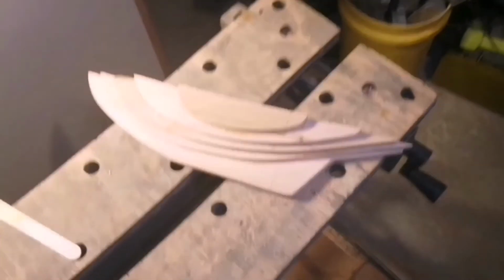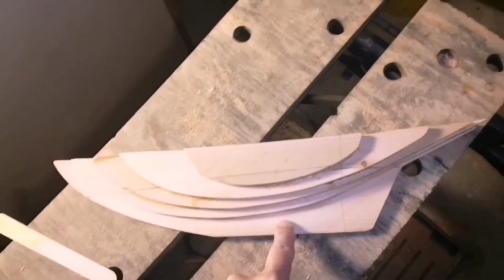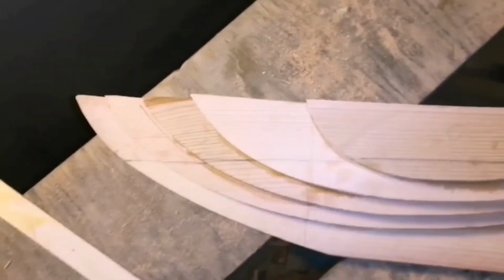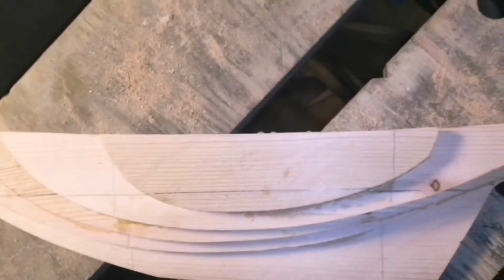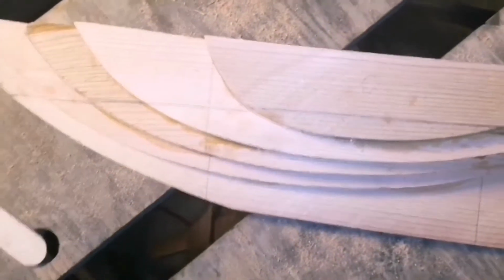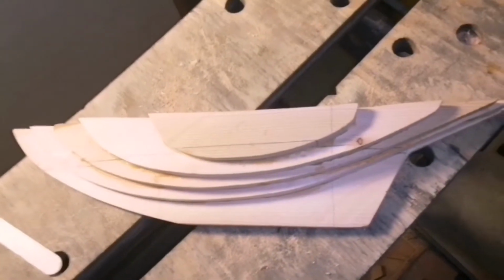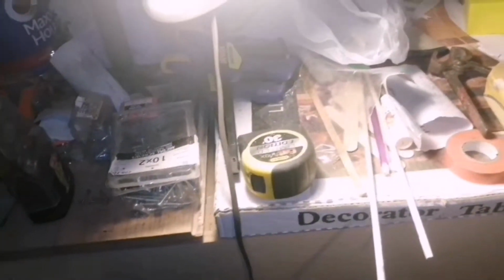Now that the gluing of the lifts has been completed, the lifts are taken from the paper templates there. Lifts 1, 2, 3, 4, 5. They're marked and then placed together. Those are the alignment marks. It's difficult to get them correctly aligned. That's the waterline mark. Anyways, I use those to help me align the lifts and then clamp them with the clamps